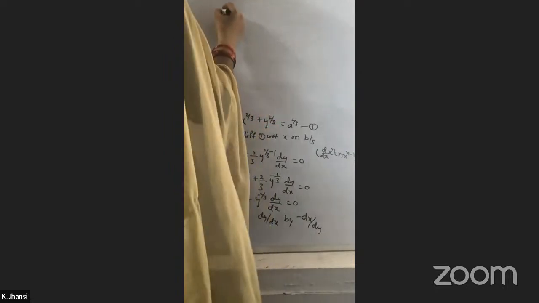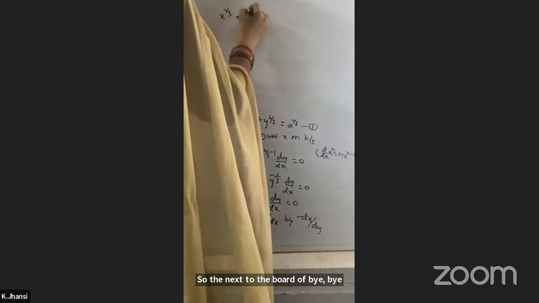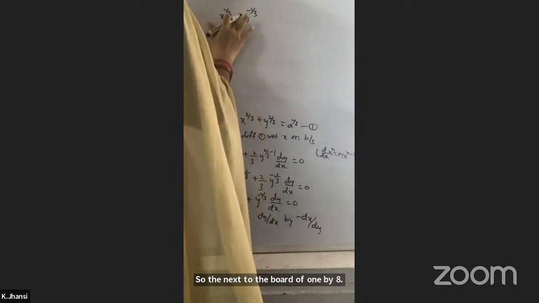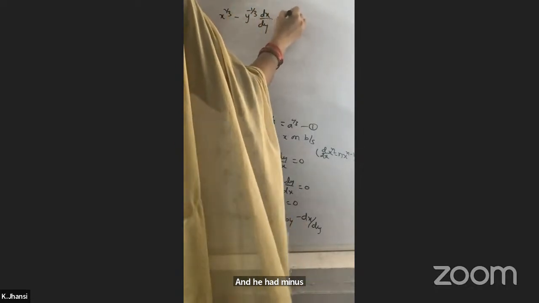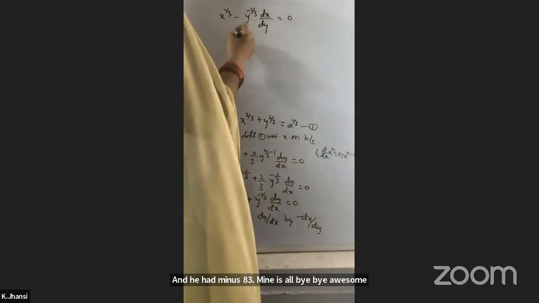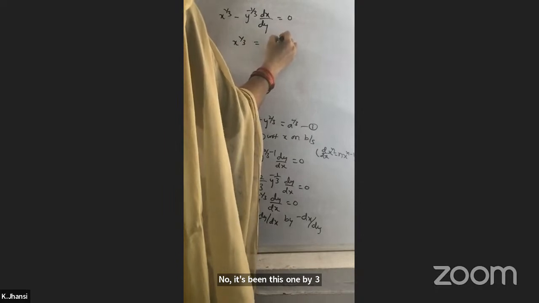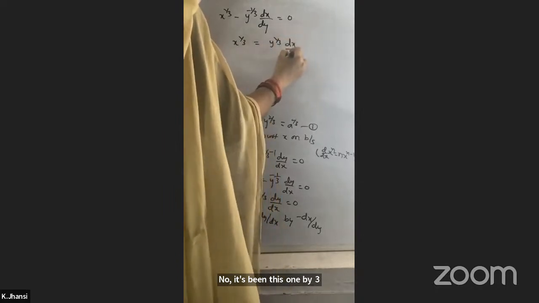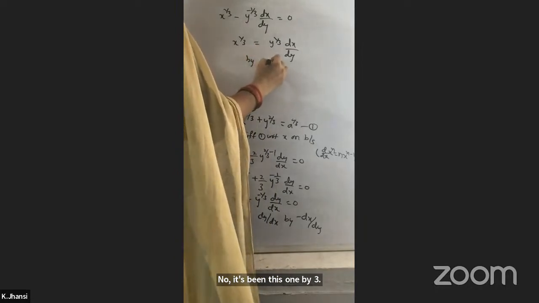So x to the power of minus 1 by 3 plus y to the power of minus 1 by 3, and here minus is there, so minus of dx by dy equals to 0. Now if we take this, x to the power of minus 1 by 3 is equals to y to the power of minus 1 by 3 dx by dy. Okay. By variable separable method,